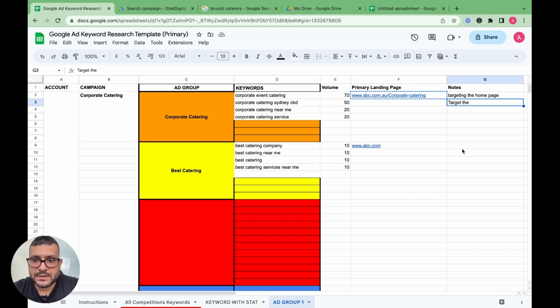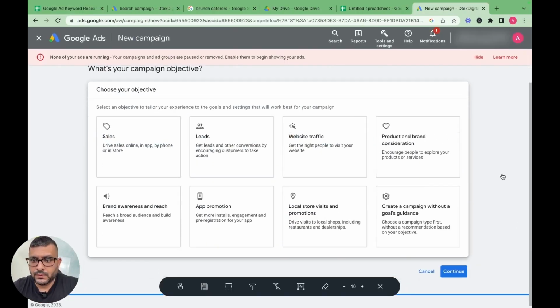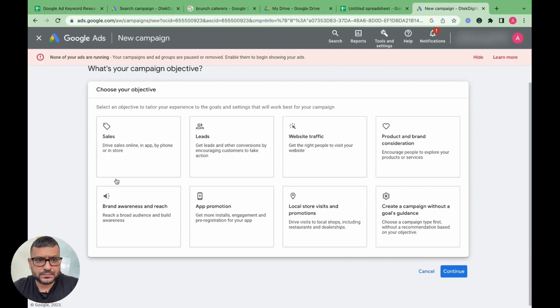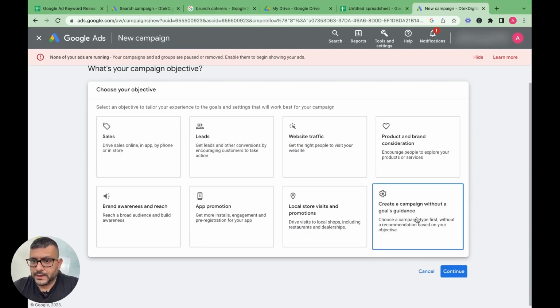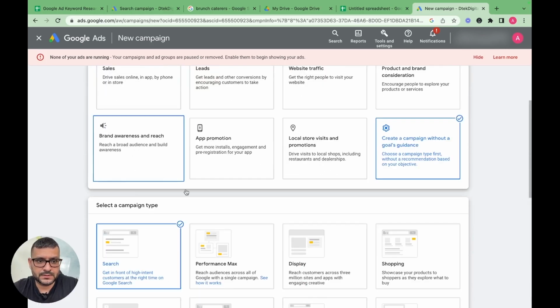Okay, let's go into Google Ads itself now. We're going to find out how to put this into Google Ads. As we have done all the heavy lifting beforehand, we have decided our campaign, our ad groups, our keywords, and our landing page as well. So here we are. What we have to do over here is create a campaign without a goal's guidance, come up to search, as we are only using the search campaign,